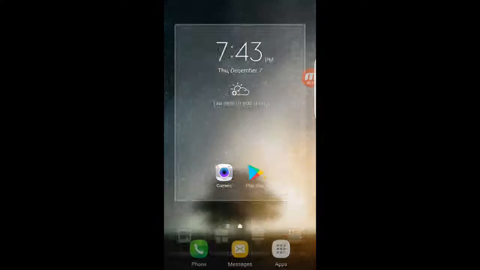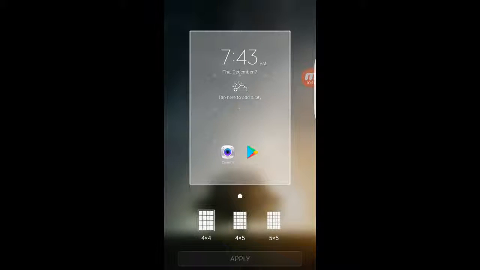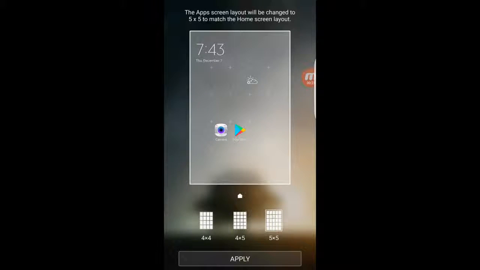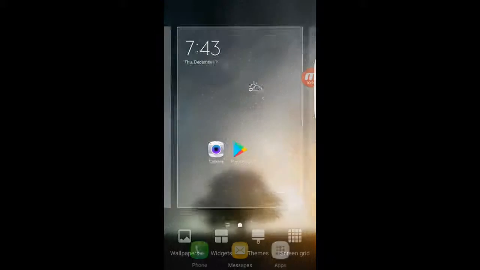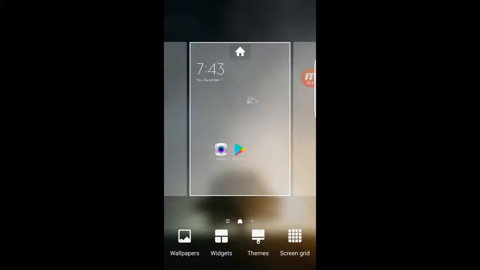So let's change the grid. First go here, choose 5x5. You get more space for your icons. That's what I like. And if you want to change the theme, you can go to the themes, and you